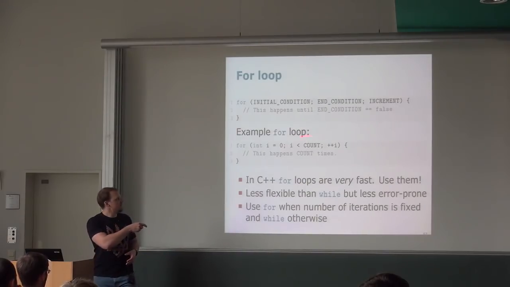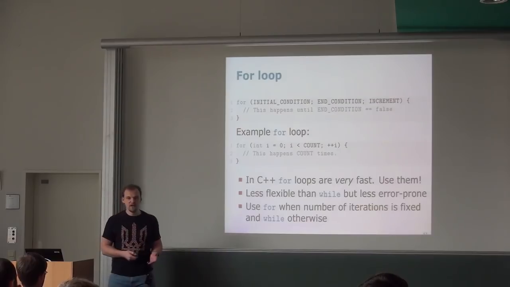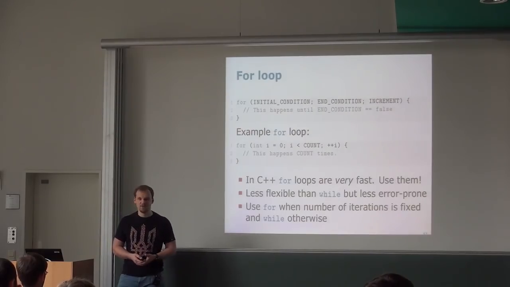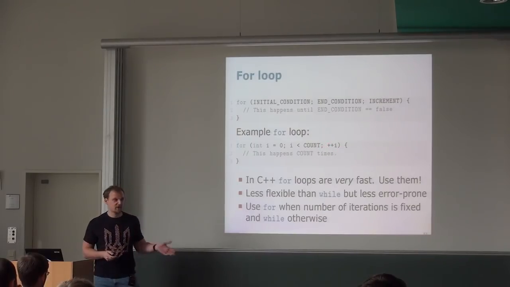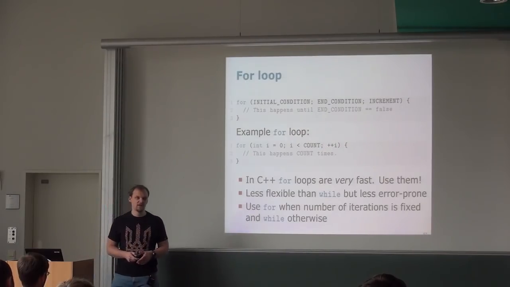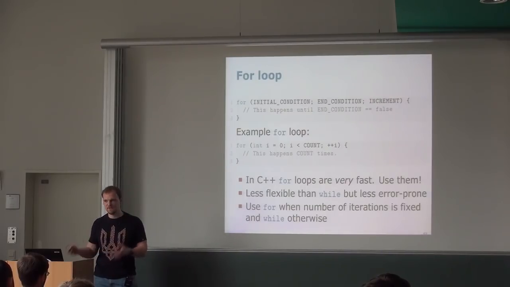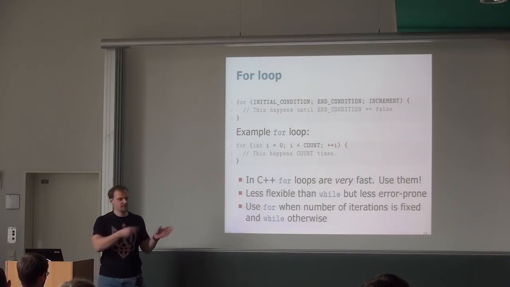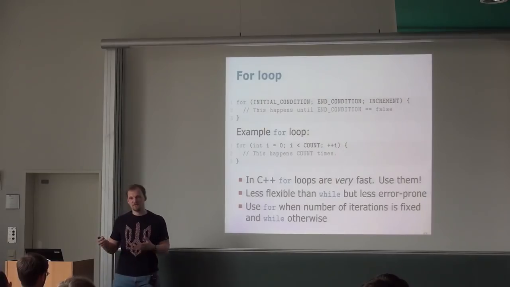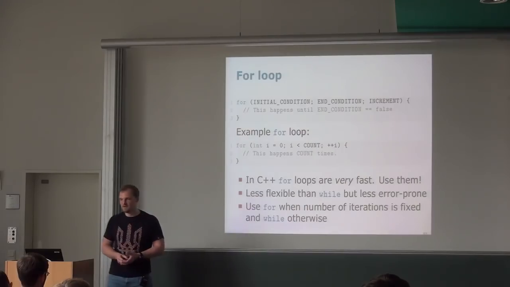Then you have a condition. You want to loop until i is less than, say, some count, for example. And you want to increment i. Generally, I suggest to use the prefix notation for increment here. It's a little bit faster because of some internal reasons that I won't go deep into. Just remember to use the prefix. You can also use a postfix, like i++. It works just the same, but I suggest to use the prefix because usually it's a bit faster, unless the compiler optimized that anyway.